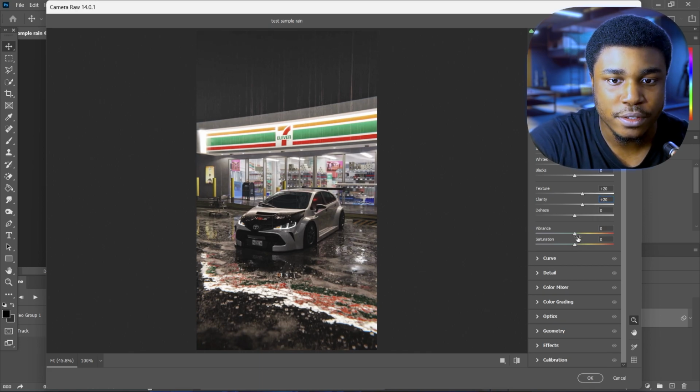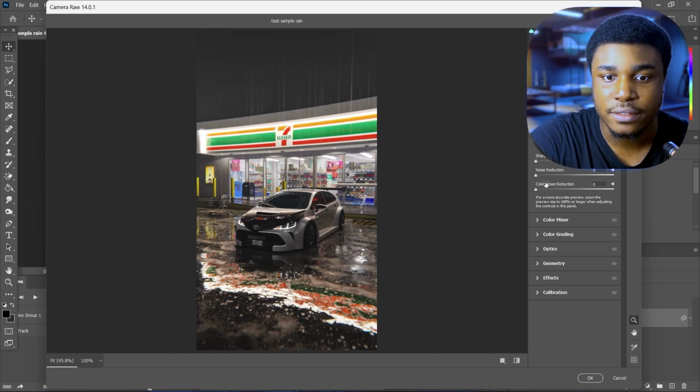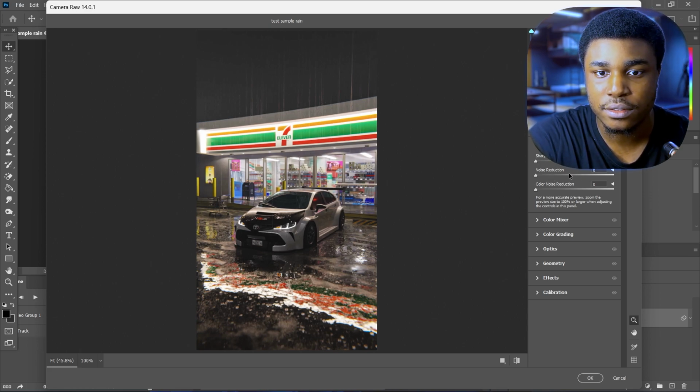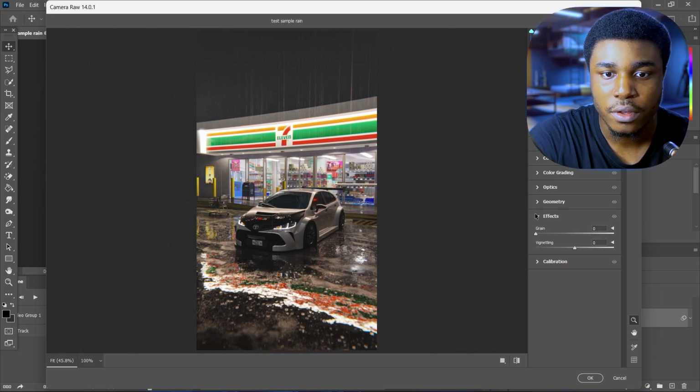Now we want to go to the vibrance and the saturation. So you can increase those values. There are still multiple options here that you can play with, like the detail. You can sharpen it if you want. You can apply noise reduction. You can also come to the effects and add the grain to your image. You can also add the vignette